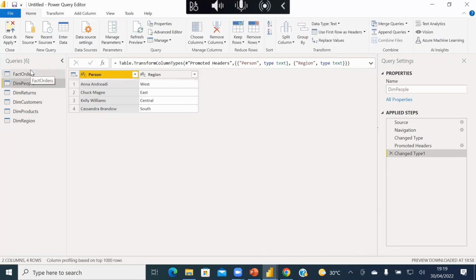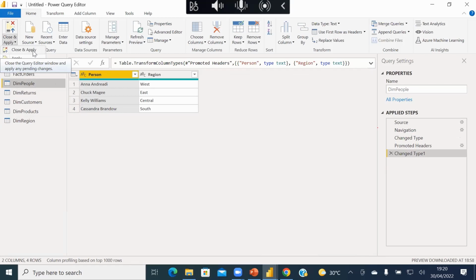The next stage, we've extracted the data, we've transformed the data. The next stage is what? Loading the data. Loading the data is actually very stress-free, right? All you have to do next is click on close and apply. What close and apply does is that it closes the Power Query window and loads your data into the data model in Power BI.